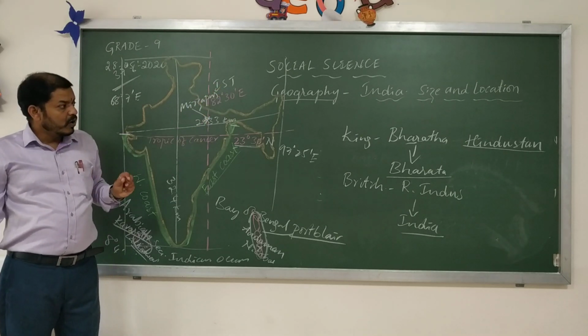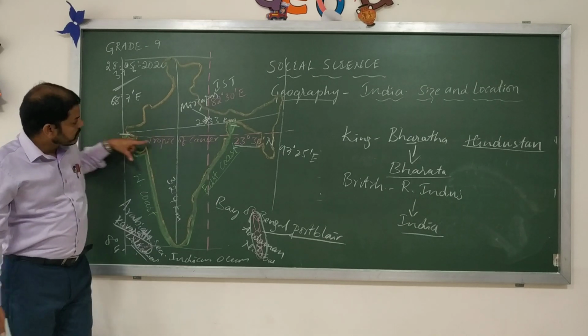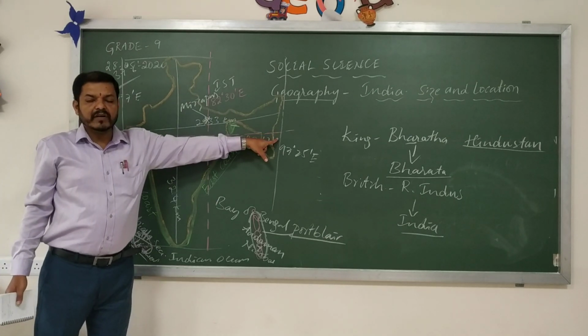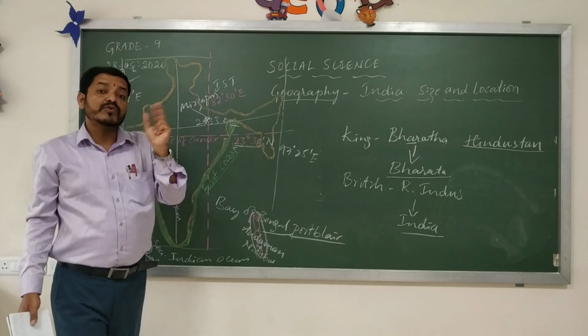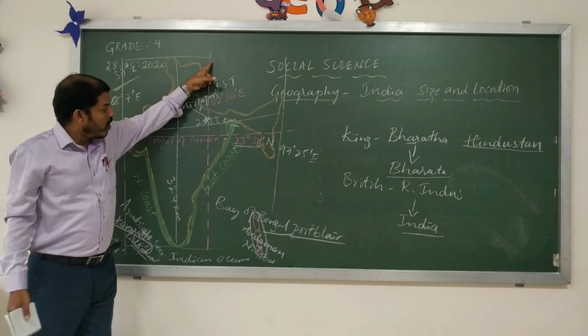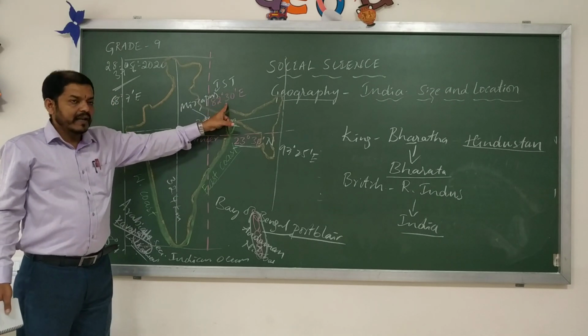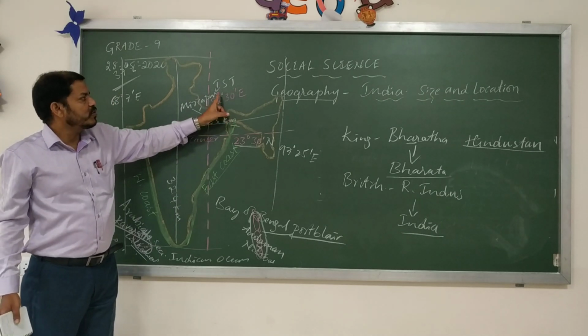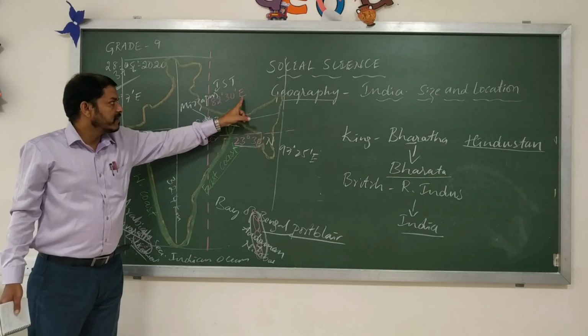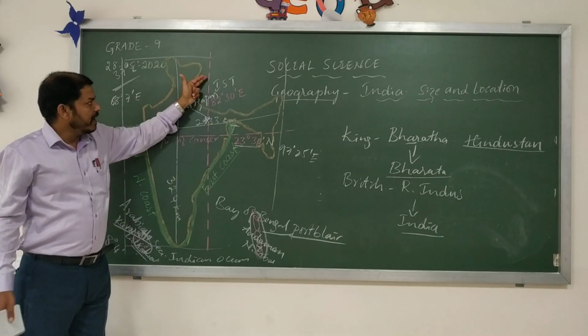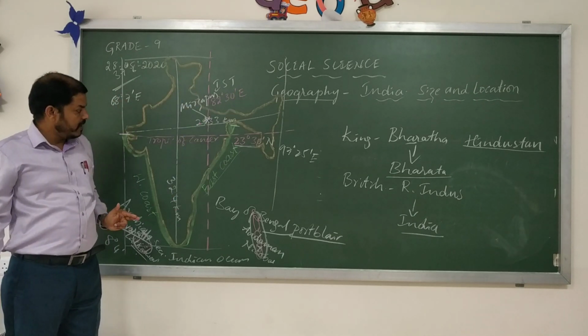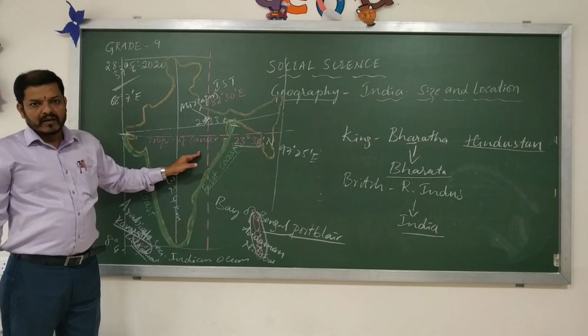Okay, student. So the important latitude is the Tropic of Cancer, which passes through the country and makes the country almost 2 equal halves, and the important longitude which passes through the country is 82 and a half degree, but exactly it is 82 degree 30 minutes east. We take that as the Indian Standard Time Line. That is very important.